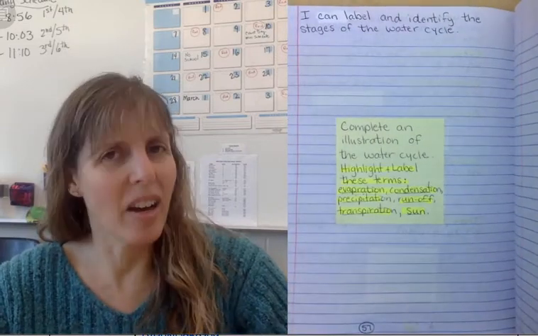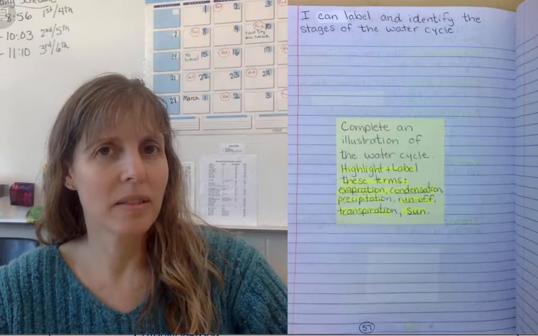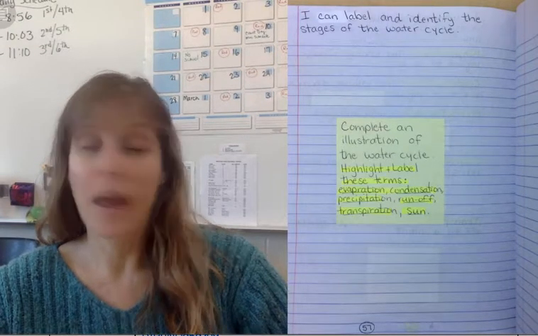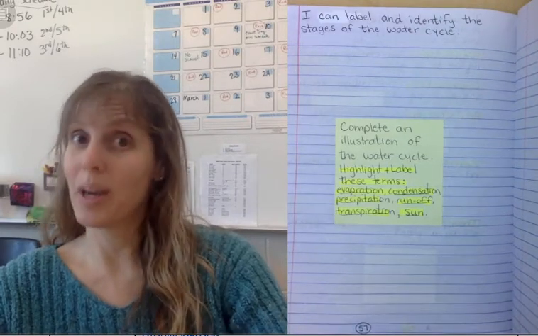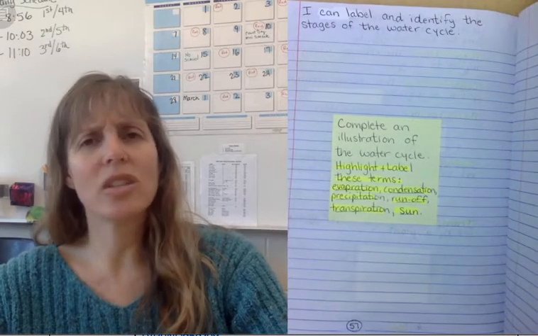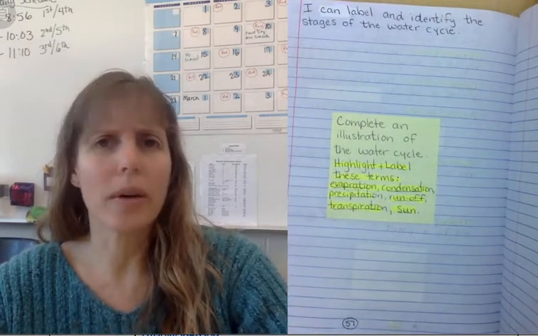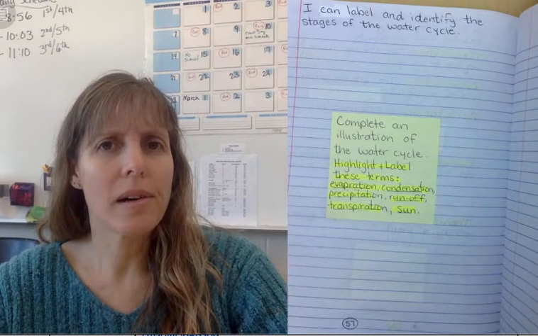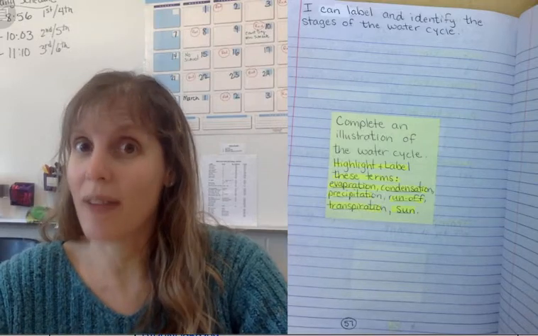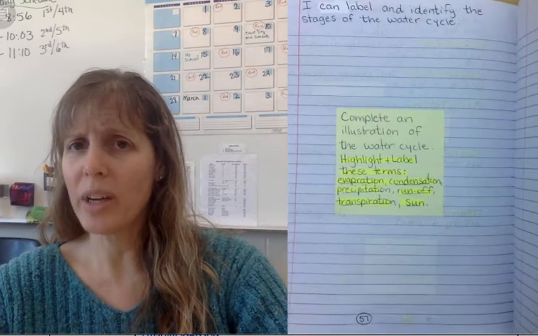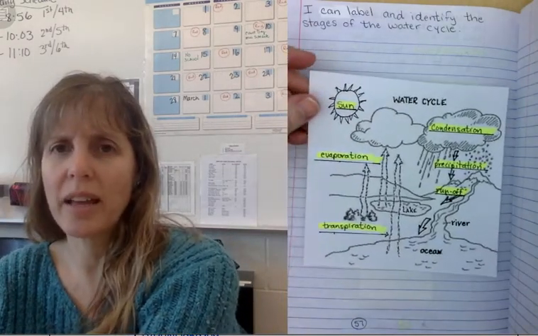Why is the sun included in the water cycle? Well, the sun is what powers the water cycle, okay? So remember, it's the sun and gravity. And just in case anybody asks you, which direction does water flow? Water flows downhill, right? Gravity pulls it downhill. When you're done with notebook page 57, you should have something that looks like this.